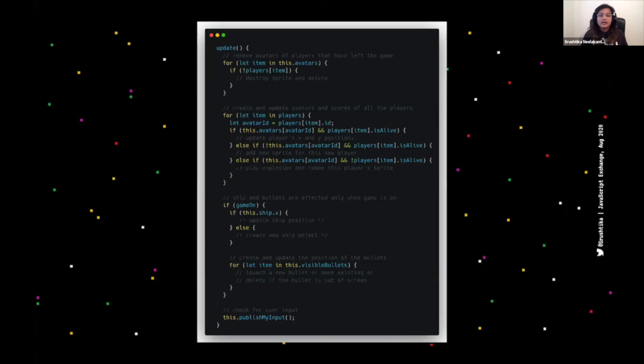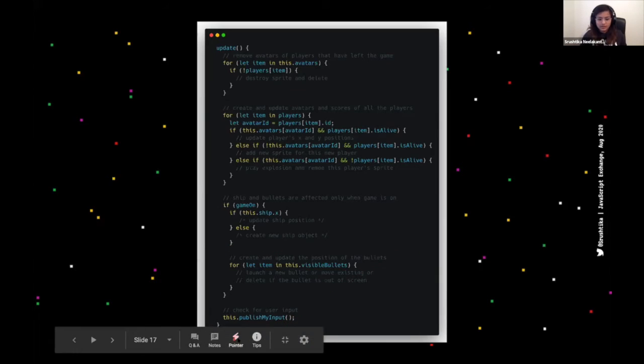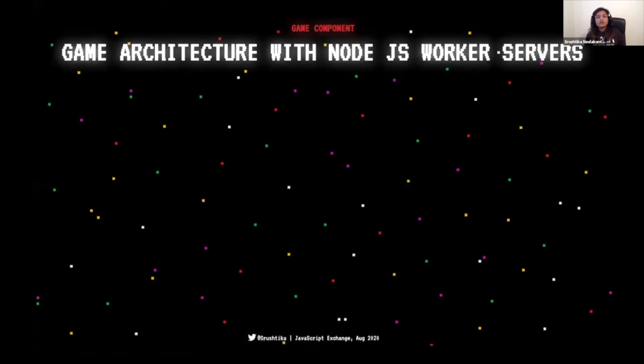Cool. Now, as I said, as a bonus, I'm just going to click the pointer off. I was talking about Node.js worker threads, right? Node.js released this concept of worker threads, which allows JavaScript to be multi-threaded. Now, this is really cool because now you can run almost like multiple instances of the same Node.js file in your game. So what I've used the Node.js worker thread for is to be able to host different game rooms